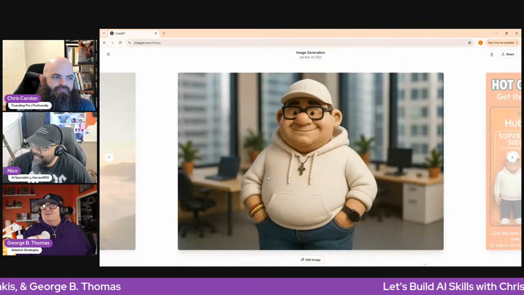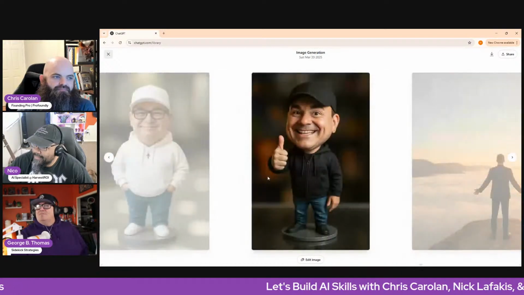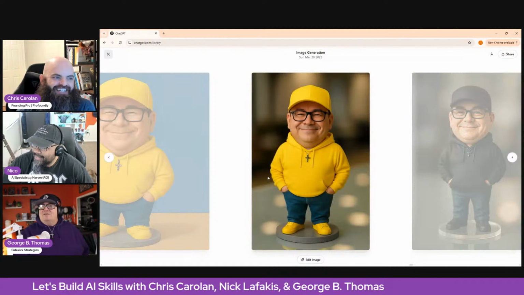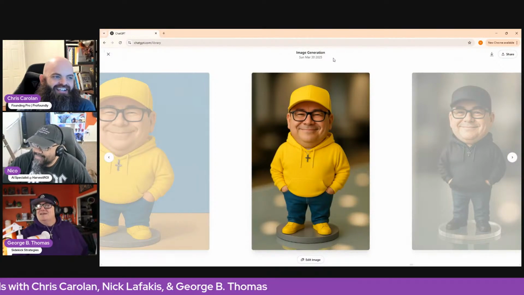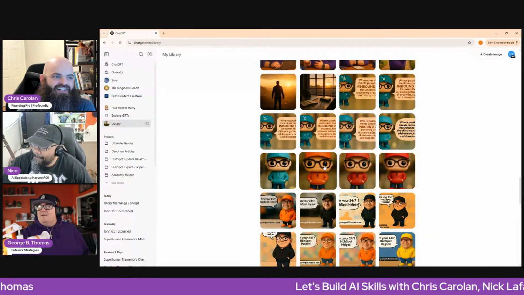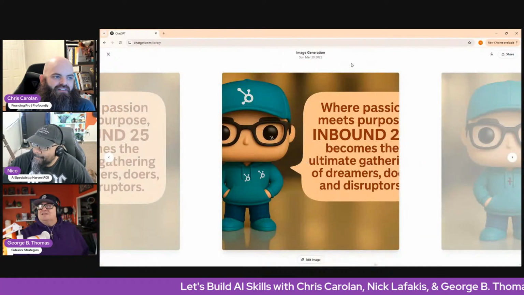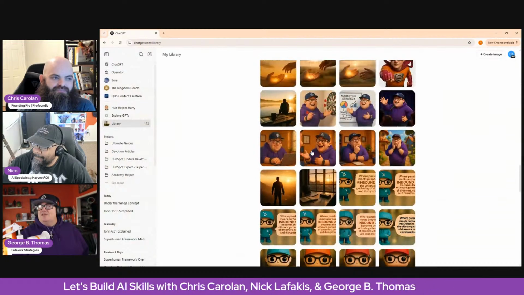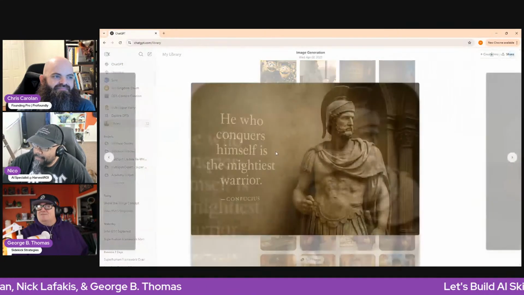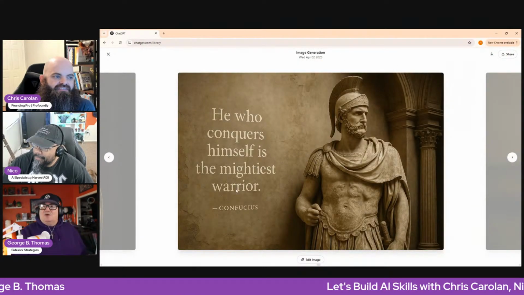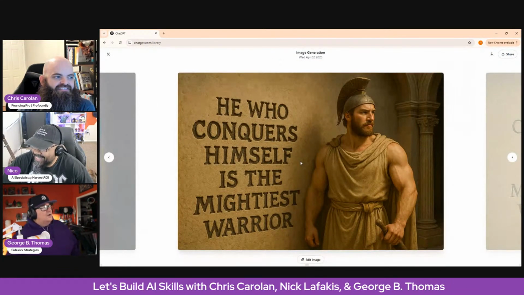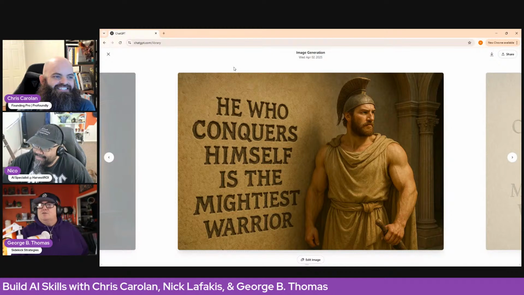Now I start to play with different claymation or bobblehead ideas, and trying to figure out, hey, can we make it? Which I love the yellow, by the way. I'm just saying, again, all of the things: what if I was a Funko Pop, or what if I actually used the text and did an Inbound 2025 thing, or maybe I'm a guy from Up playing darts, or maybe I'm just trying to figure out, hey, this is kind of cool. I like this quote. You know what? I wonder if I can carve that quote in the wall. Let me see if I can carve the quote in the wall.